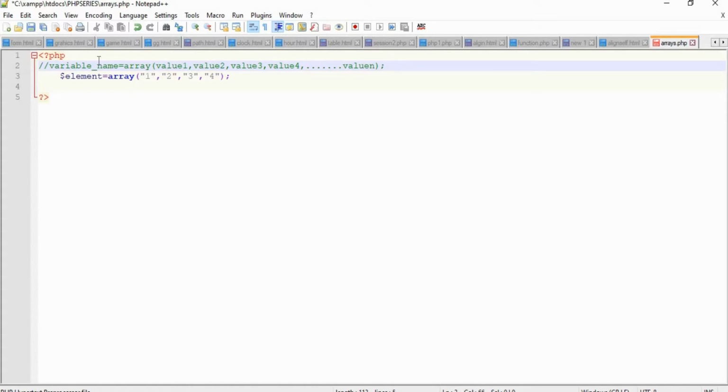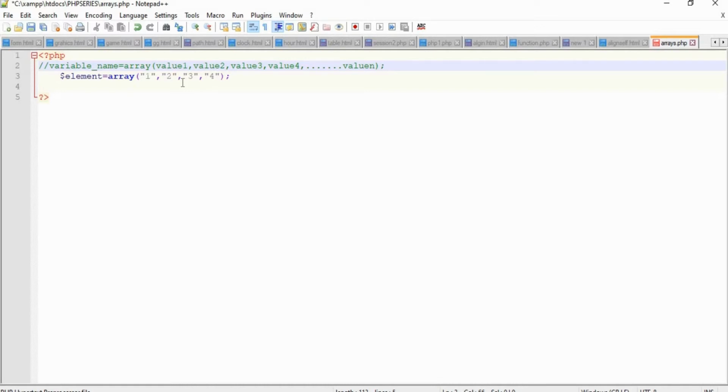For example, I want to get the third element in an array. In a supermarket, if you want to find a set of products which are available in a rack, you should go to that particular rack, that particular third rack, and you can choose any of the products from that rack. Similarly, if you want to access the third element from an array, how to access it?